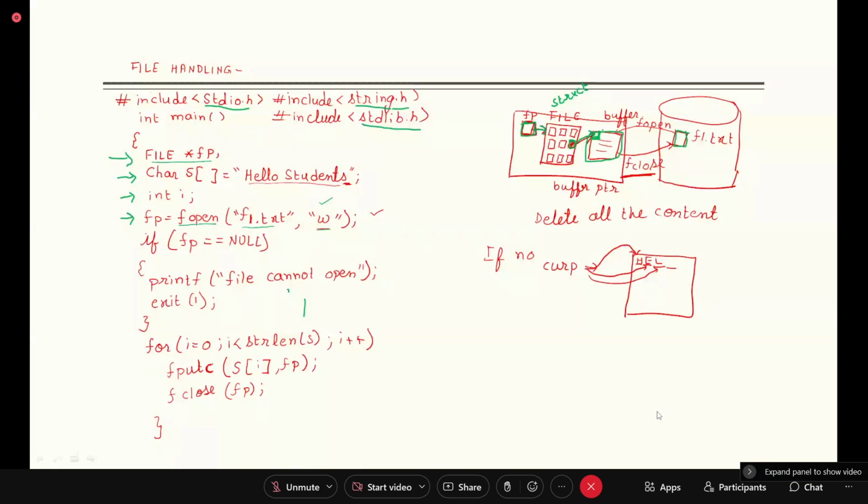First of all, you will check whether this pointer exists or not. If it does not exist, then you print "file cannot open". And in that case, there is an emergency exit from this program, or you are closing this program in an emergency. That is why we have written exit(1). But if this is not true,